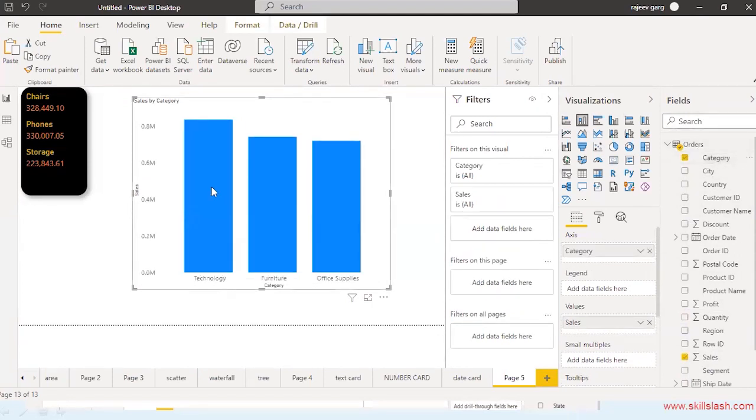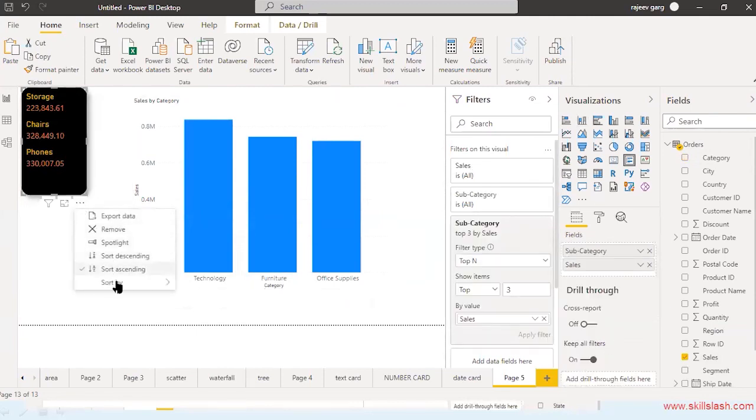Now, one more thing, you just see the value over here, 330,000, 320. So it is not sorted. So I can click on this drop down arrow. You will see sort by sales and sort descending. The maximum sales has been given by phones, then it is chairs, and then it is storage.